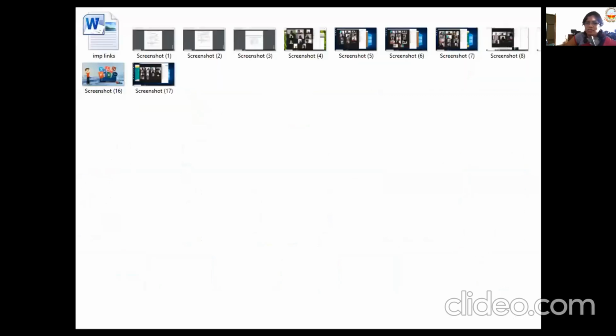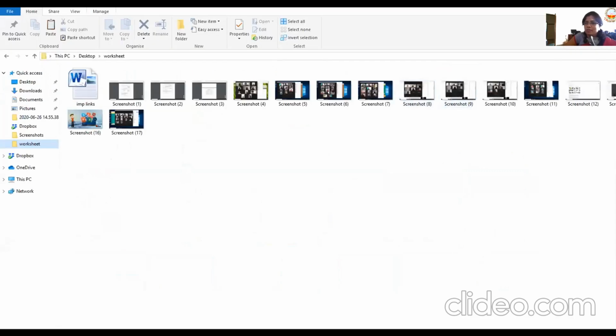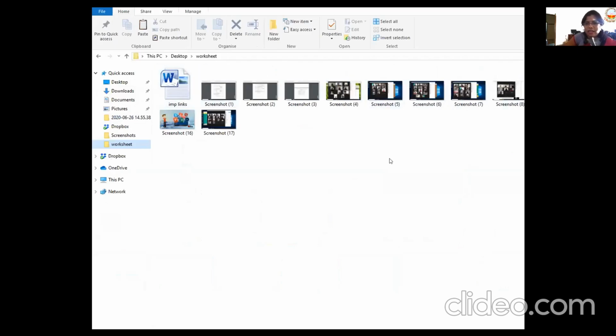Now one more thing, children. Now you'll be able to see all my screen properly. See, children, we have so many pictures, right? How are we able to see the pictures as if it's like small icons? Now I want to see these images in a large way.